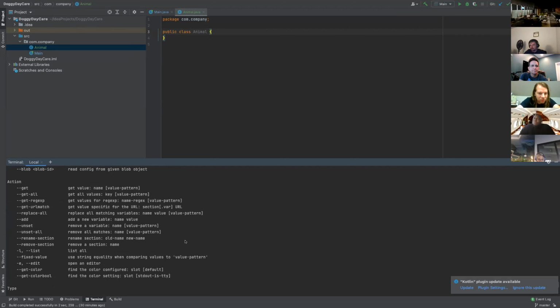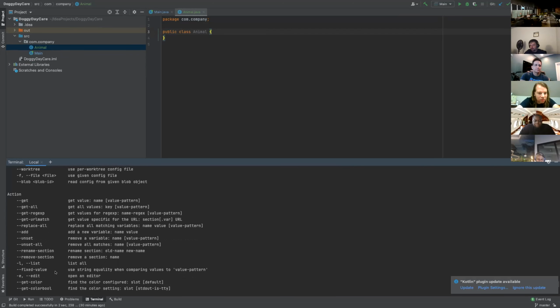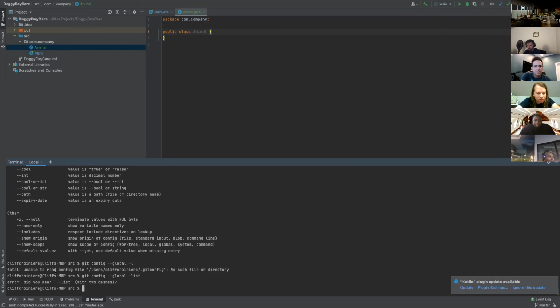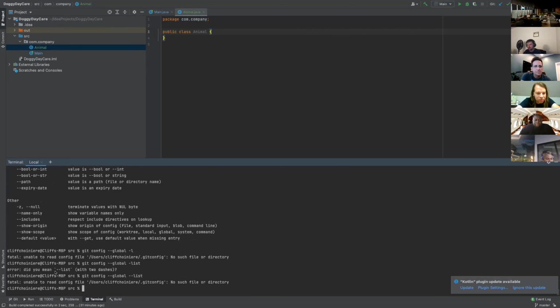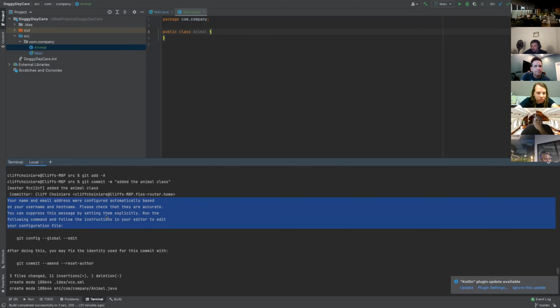List, right? I think I want to do list. Want to make sure everyone has what they want. I think I'm pretty sure in Linux it does ls double dash. I don't have a config file yet. All right. So you might get this if you haven't really set much up yet: your name and email address configured automatically based on your username and host name. So we might want to check those, but no matter what, the first thing we want to do now,